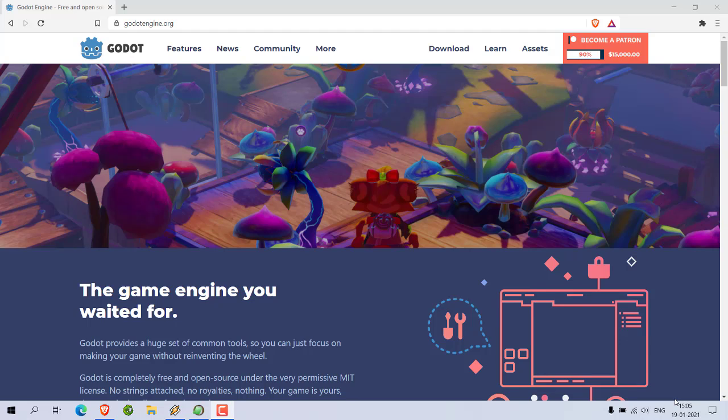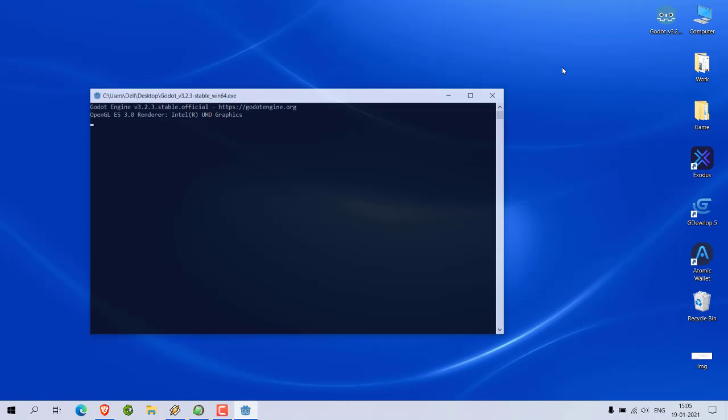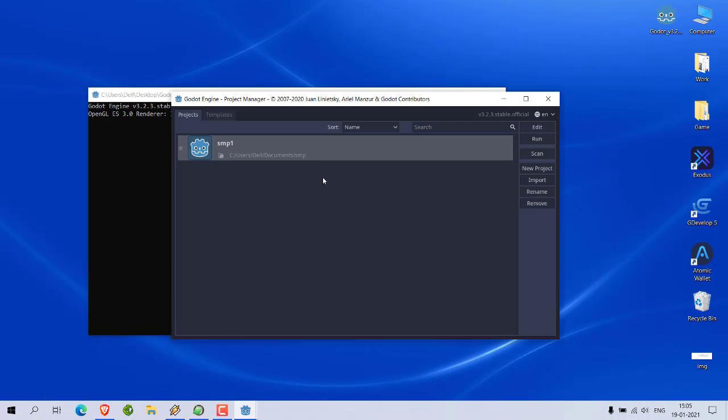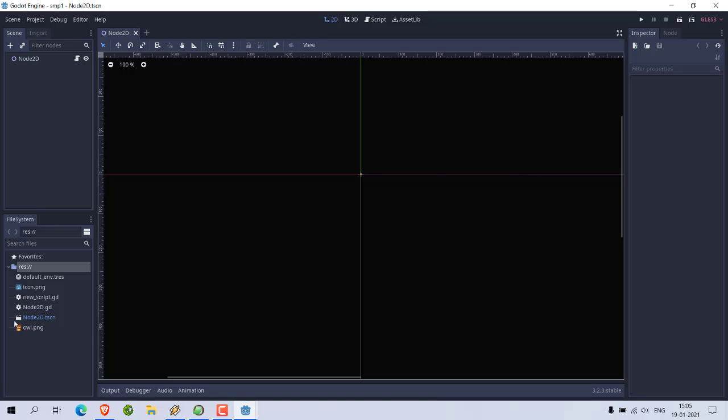Okay, so let's take a look at parameterized functions in GDScript. First thing, make sure that you download Godot, and you don't have to install it, just run the exe. That should open your Godot. Okay, now create a new project, and in your new project make sure that you add a new script by right clicking